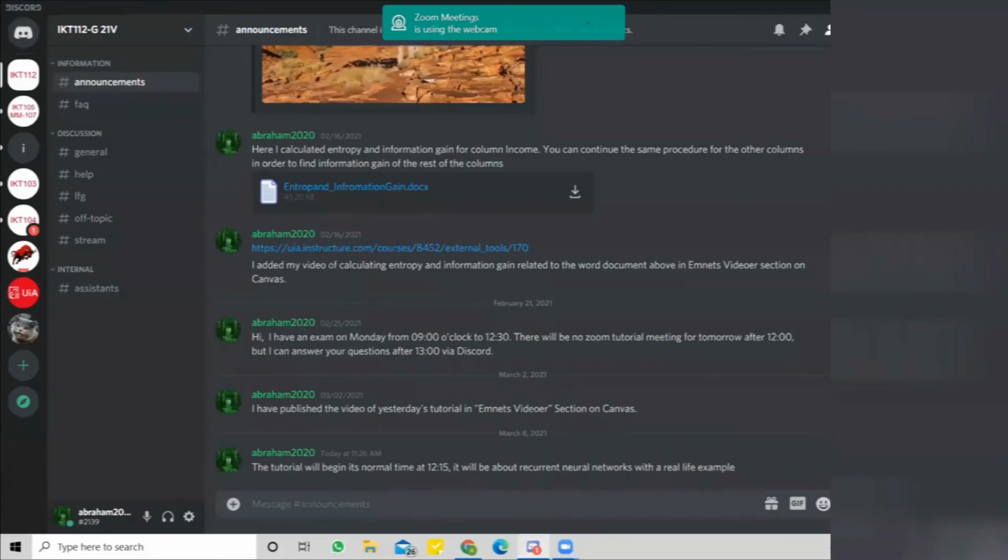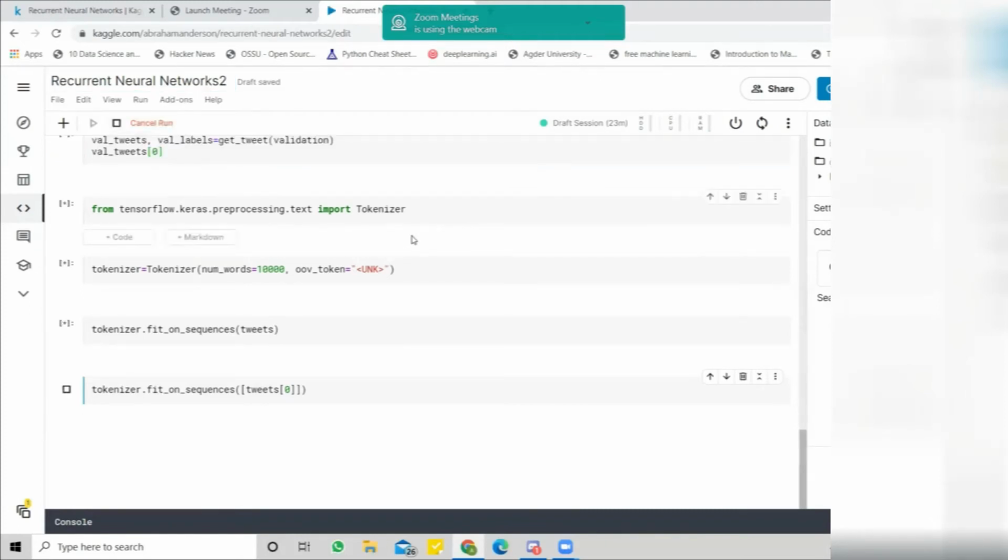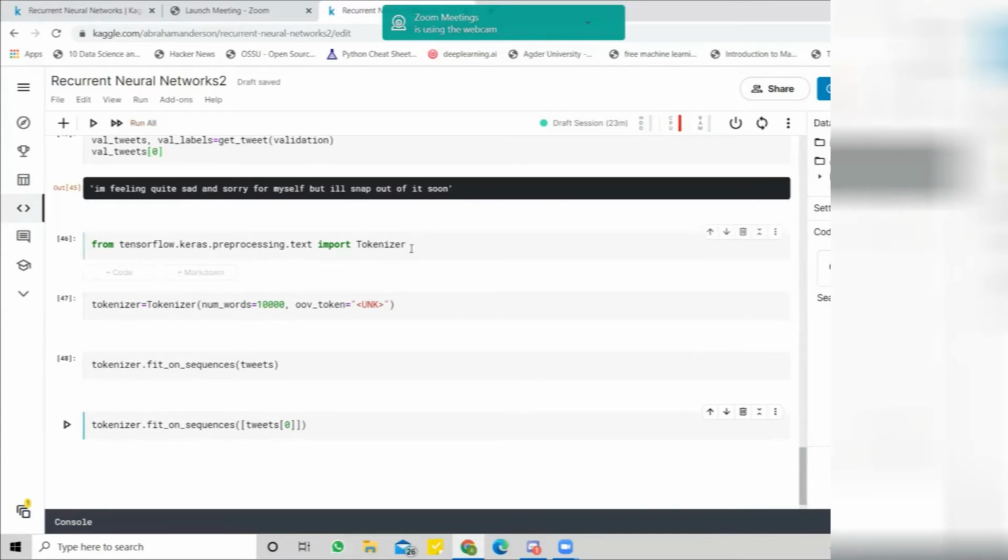Is there any question? No. Let's run all of them. Why is it tokenizer? Is there something else wrong?